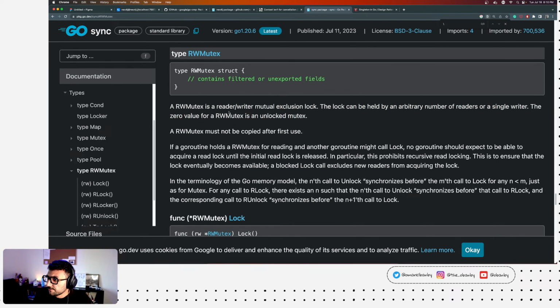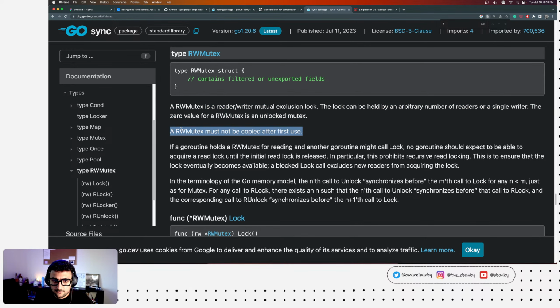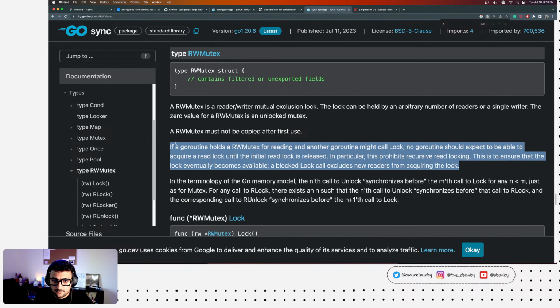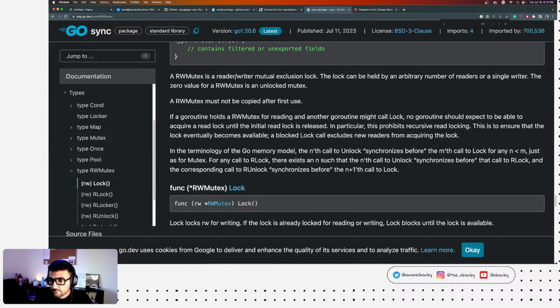Yeah, go ahead. To acquire a read lock until the initial read lock is released.